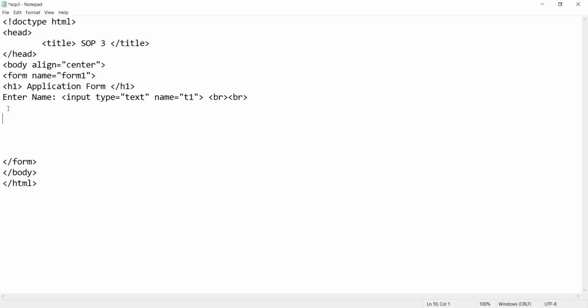Now here they have to select a standard. So we'll give here some text like select standard. Okay, now there should be only one selection, means at a time there will be two options, 11th and 12th. So at a time a user should be able to select only one option, either he has to select 11 or he has to select 12. So for only single selection we are going to use radio buttons.